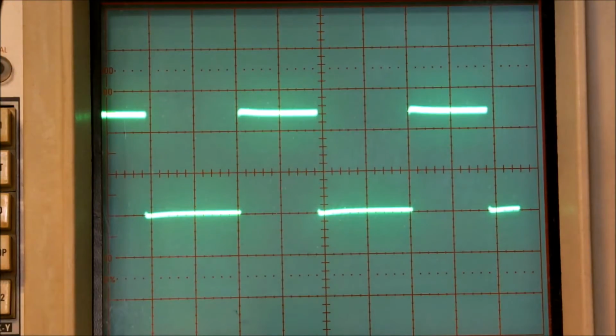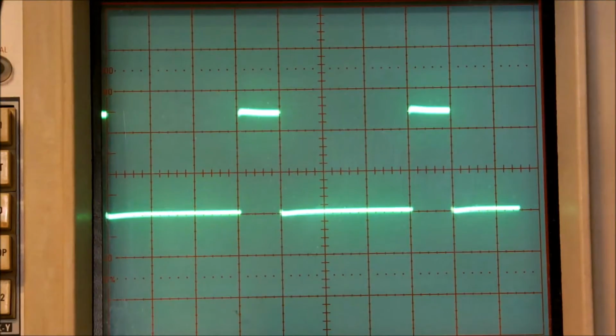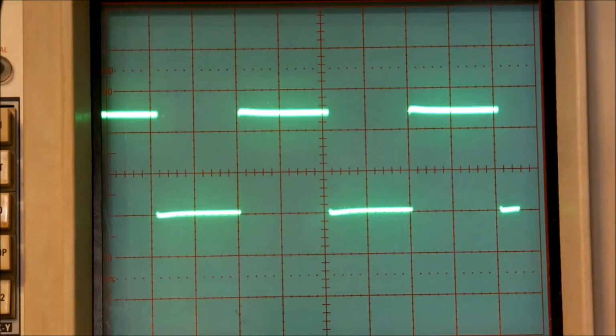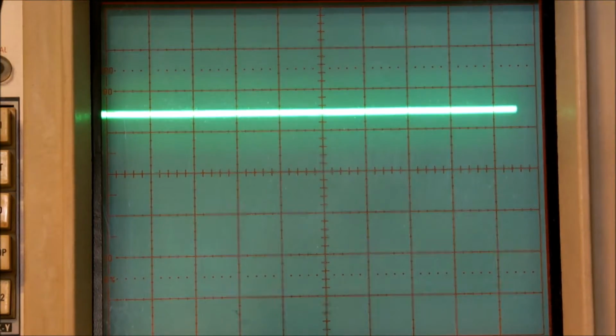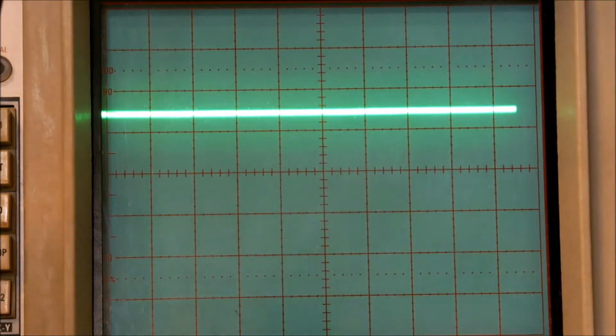and there we have about a 50% duty cycle. And back here we have about a 25% duty cycle. You can see it goes up as we turn our potentiometer. 75% duty cycle. That's the time that the pulse is on in a high condition as opposed to a low position of 0 volts. And then we have 100% duty cycle, or 5 volts is running straight through, so we're